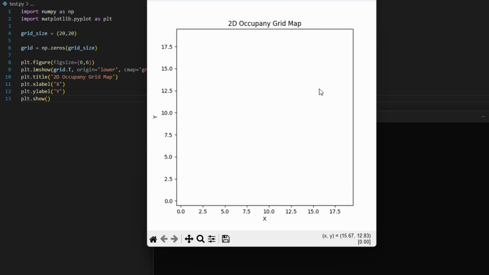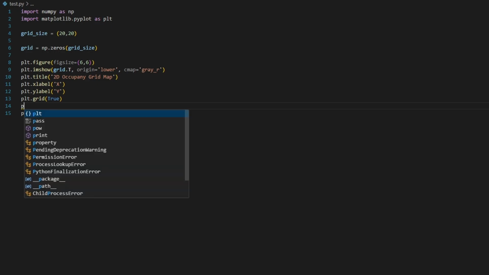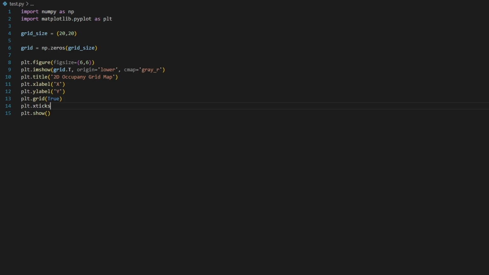And till now you are not seeing the grid lines. Next we are going to draw the grid lines. To show the grid lines you have to use the function grid and you have to make it true. Next we want to show all of our grid lines from 0 to 20 on our x-axis and also on our y-axis. For this you have to call the function xticks, and we want to show our grid lines from 0 to 20. For this you have to use the range function, and you have to create a range from 0 till 20. You can either pass 20 or you can pass your grid size,